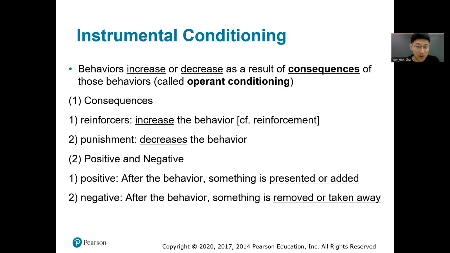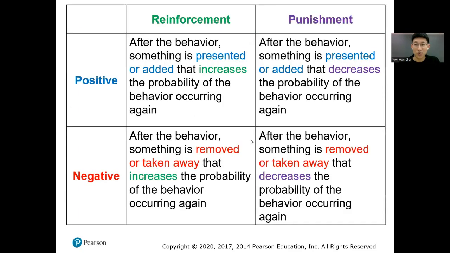After the behavior, if something is presented or added, it is positive. However, after the behavior, if something is removed or taken away, it is negative. So this leads to the 2x2 table, where positive reinforcement, positive punishment, negative reinforcement, and negative punishment are in